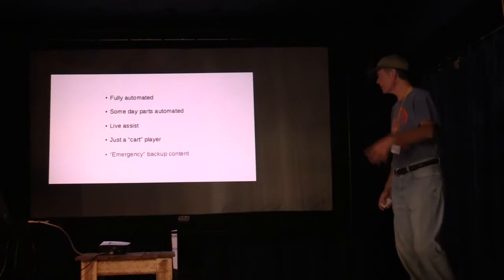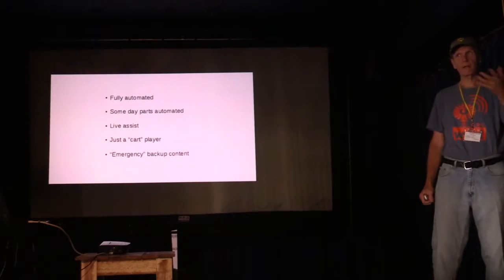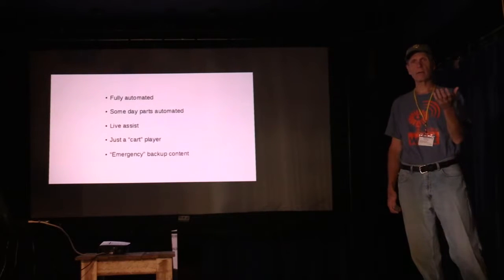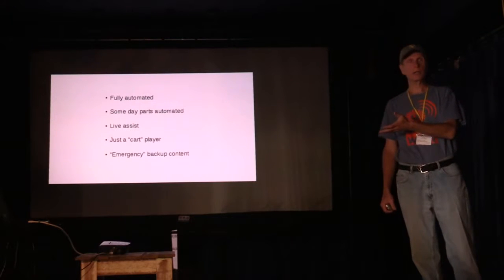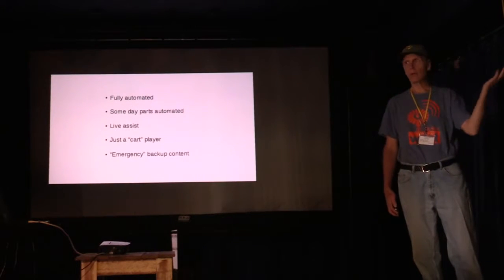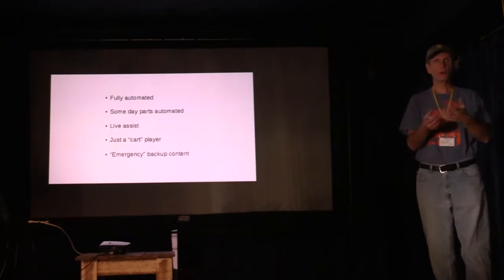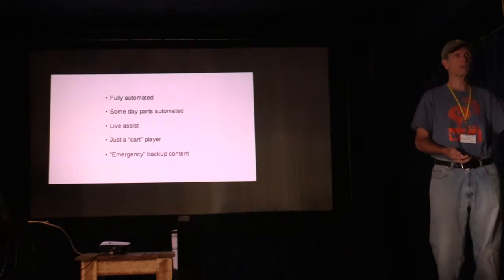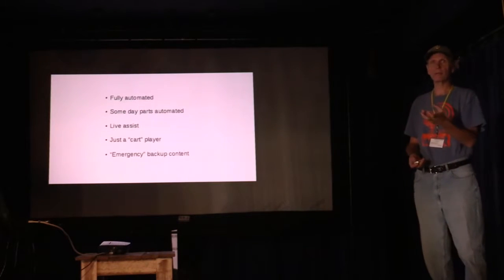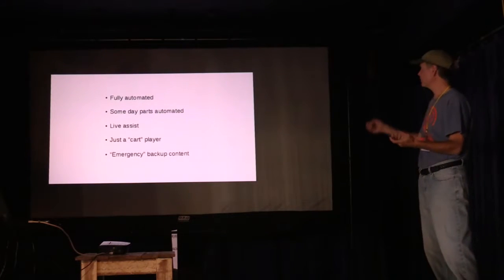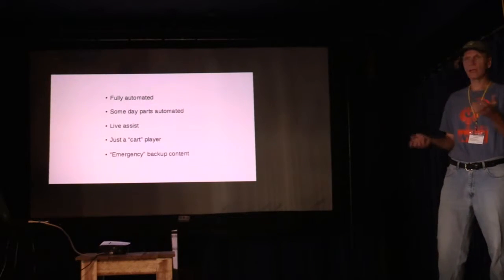And of course there's the ever important but often overlooked aspect of automation, and that is as an emergency backup. If you lose power in your studio, or it gets wiped out by a flood or an earthquake or a tornado or a hurricane, you can put an automation system in a different physical location, like maybe right next to your transmitter. So these are some options for what automation systems can do, and this is obviously a broad overview.